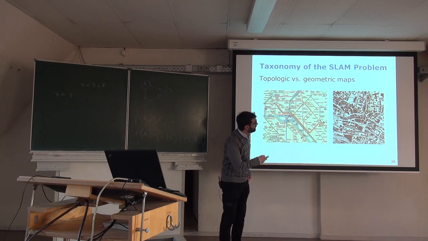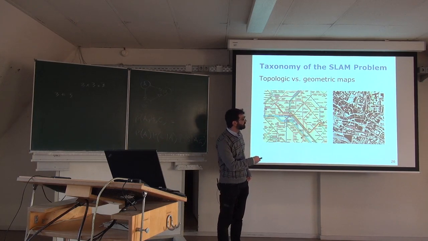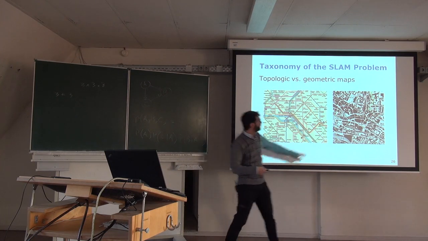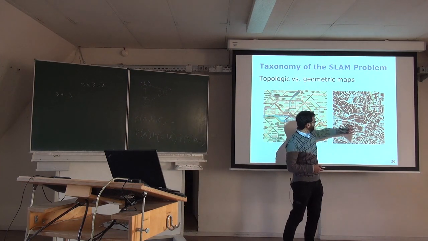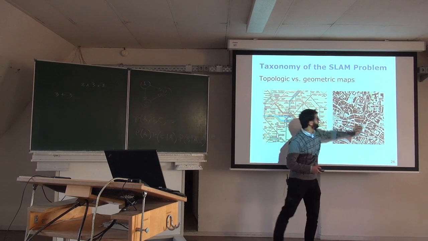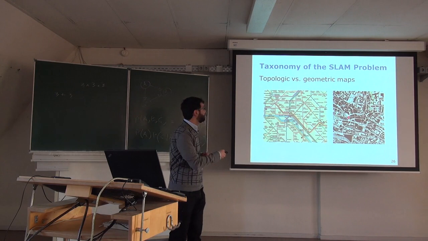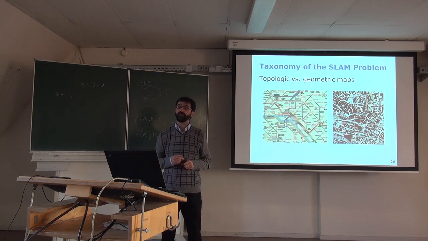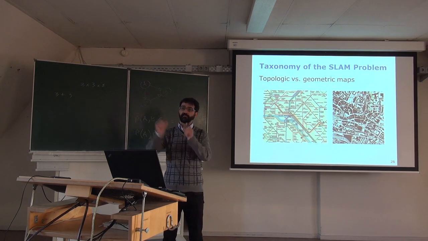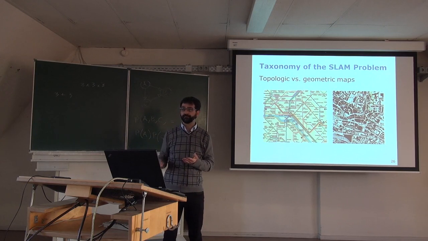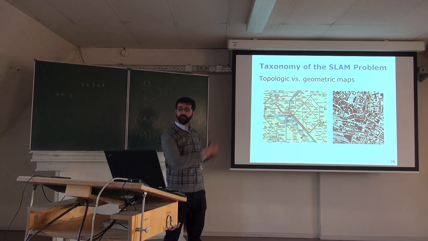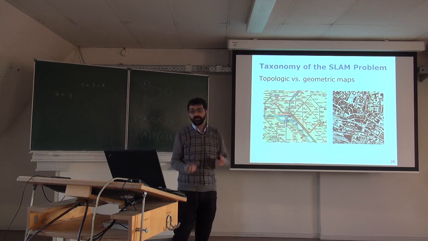And this one is, again, a similar representation of a similar environment, but this is a metrical one. So here you can have all these measures of distances are actually accurate, but it might not be that the buildings are exactly where they are depicted on this map. No? But distances are accurate. Okay, so there are different map representations. In principle,